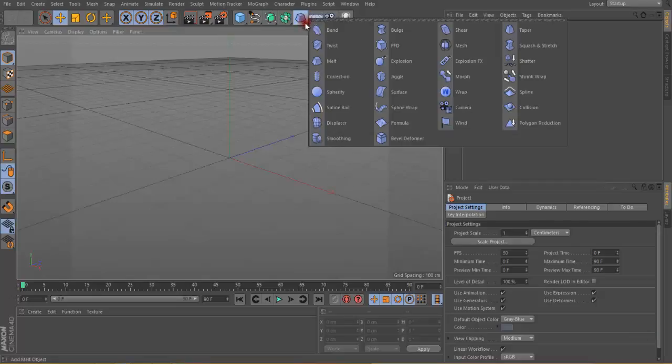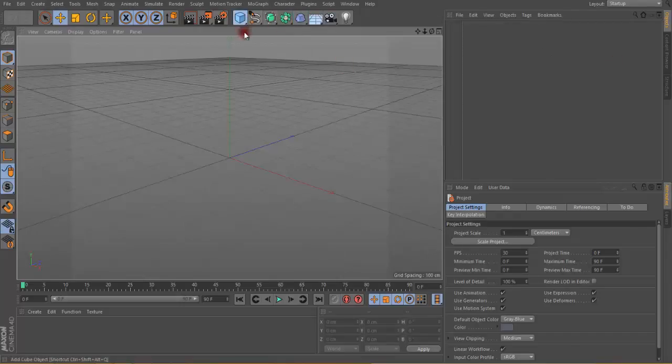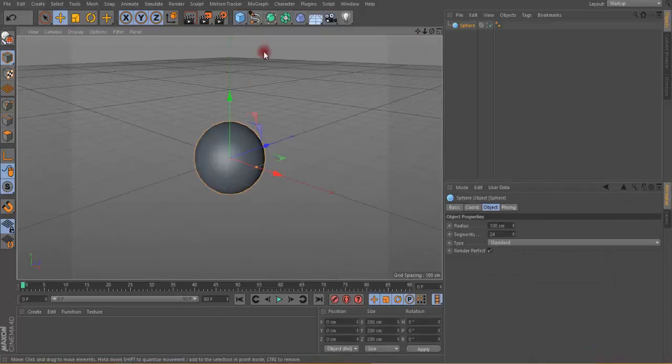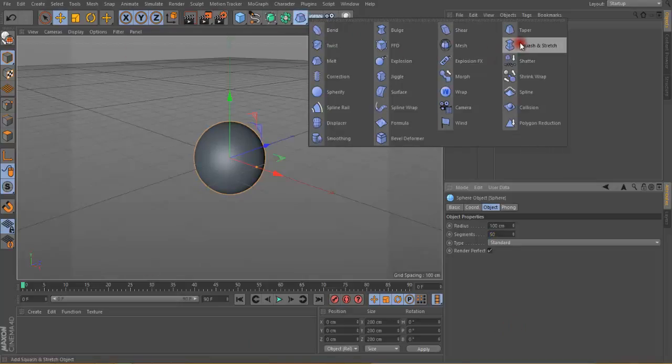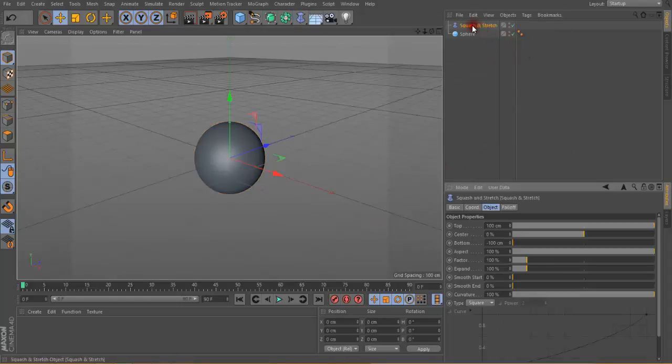Next deformer is squash and stretch. To apply squash and stretch, I have to first create a basic primitive. So I create a sphere over here. For better result or better smoothness, I click on the segment option and increase the segment around 50. Then after I click on this squash and stretch option, I drag this squash and stretch on the sphere, and